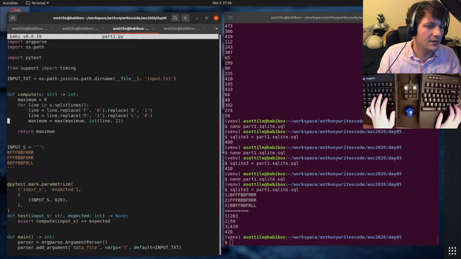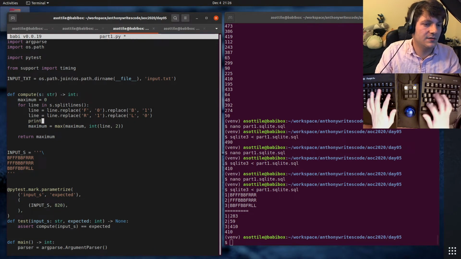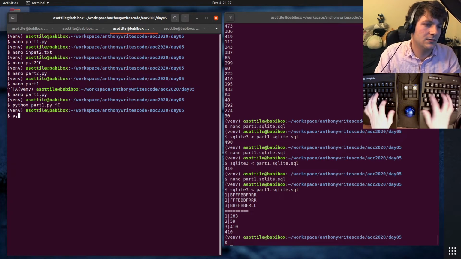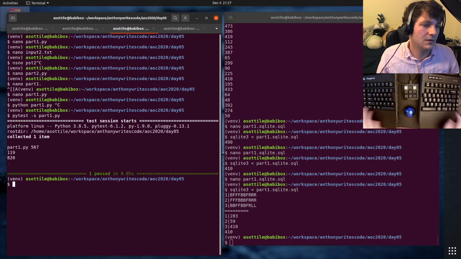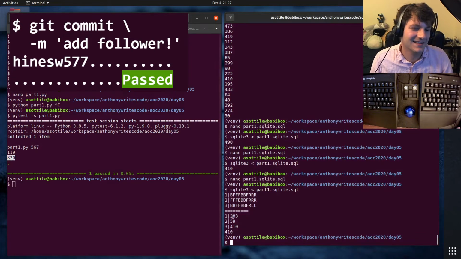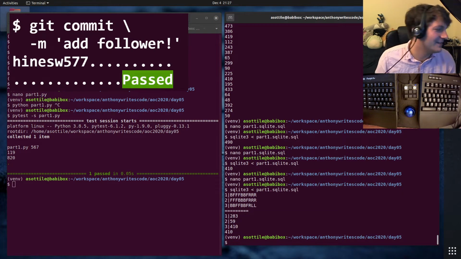Let me print int line 2. So 567, 119, and 820. They're almost exactly halved.